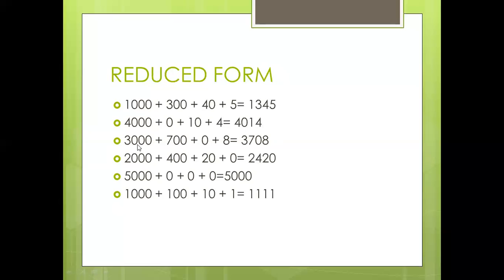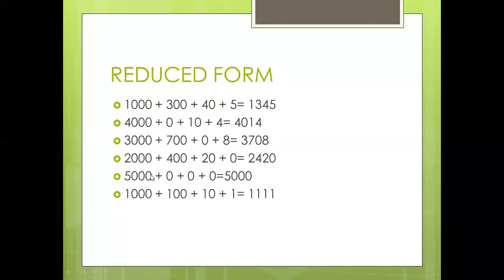The next sum is 3000 plus 700 plus 0 plus 8. So 3 is in your thousands place, so I write 3 here. 7 is in your hundreds place, so I write 7. 0 in the tens place, so I write 0. And 8 in the units place, so I write here 8. So the number is 3708. The next number, 2000 plus 400 plus 20 plus 0. So 2 in the thousands place, 4 in the hundreds place, 2 in the tens place, and 0 in the units place. So the answer is